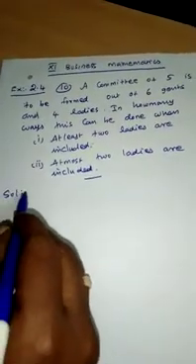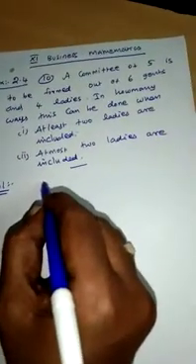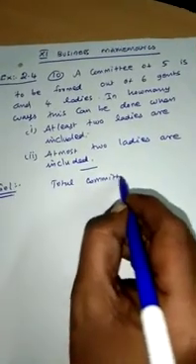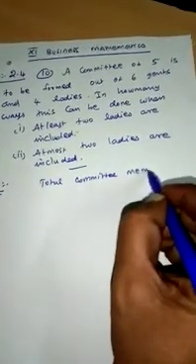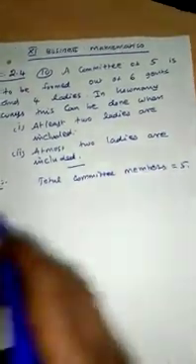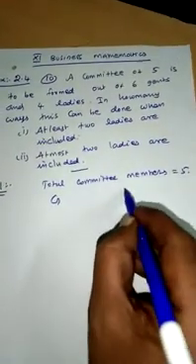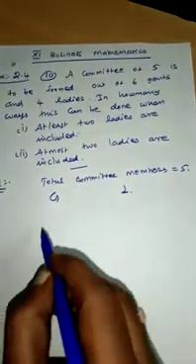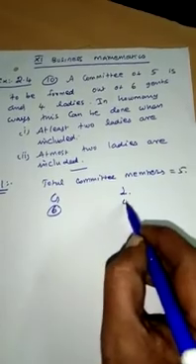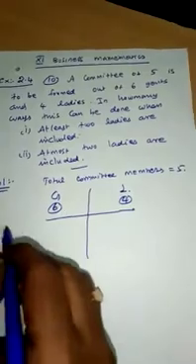Solution. Total number of committee members. We want 5 members. Gents and ladies. There are 6 gents and 4 ladies. First question,